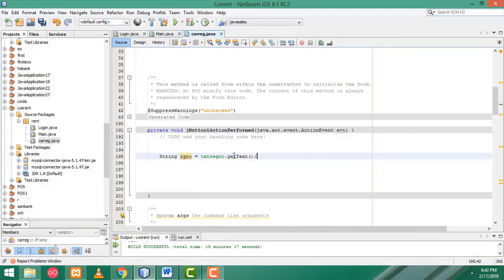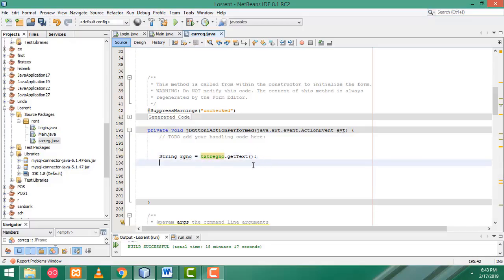Okay, if the name is wrong, here the color should be changed to green if the name is correct. If the name is wrong, the color should not be changed to green. You have to identify if the name is correct or not. Another thing is string make equal txt make